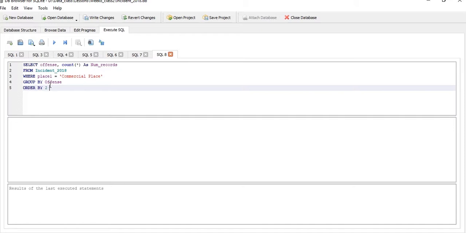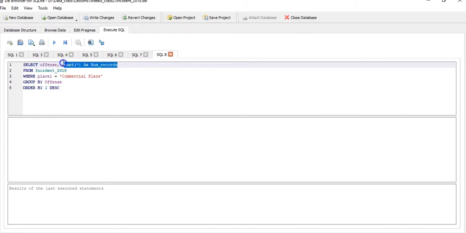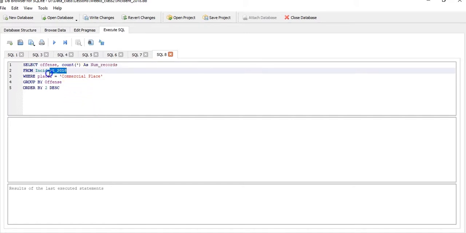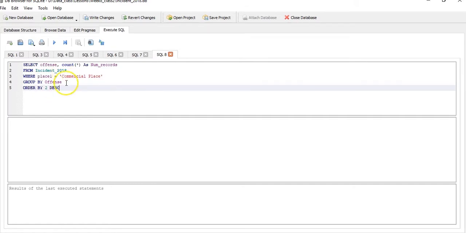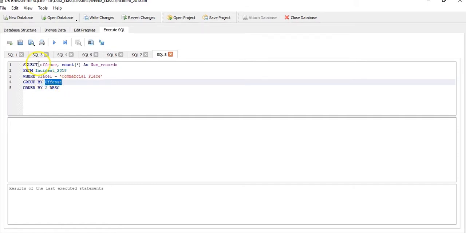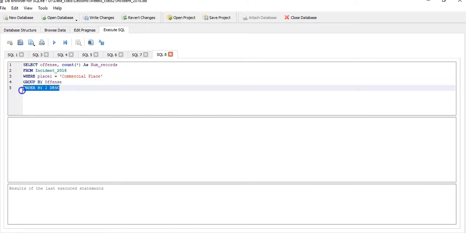Order by to descending. So we're pushing everything together from the last two classes. We're selecting just the offense column. We're counting how many times each offense happened. We're looking at just our incident 2018 data. We're adding a filter, so we want to see when offenses happened only when place 1 equals commercial place. We're grouping it by offense because offense is in our select line, and then we're going to order it by our count descending. So try that,